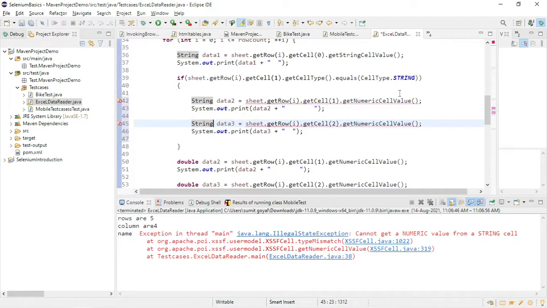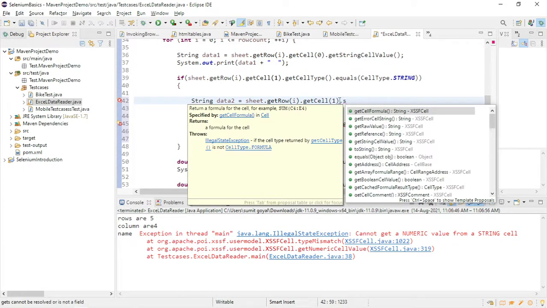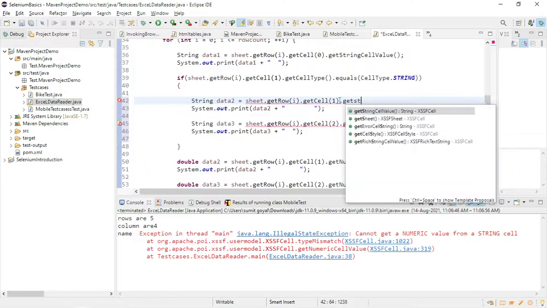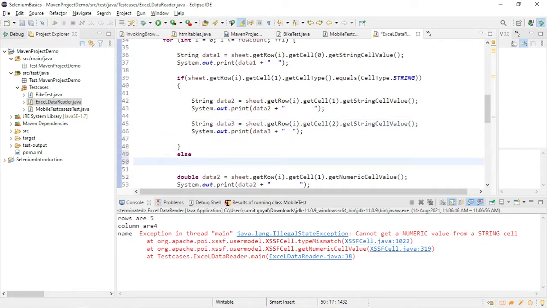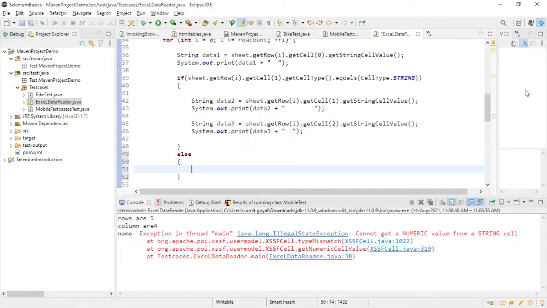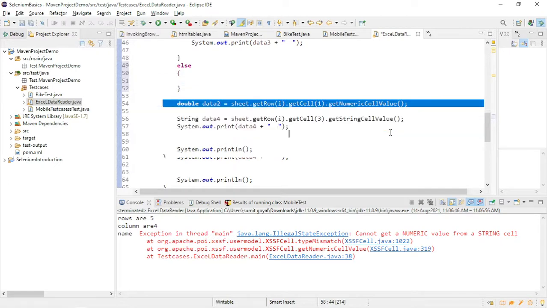This is string, and here I will say get string cell value, and here as well. Now it will automatically check, but if that condition does not match, which means it is an integer instead of a string, if it is an integer value, I will keep these two lines inside this one.